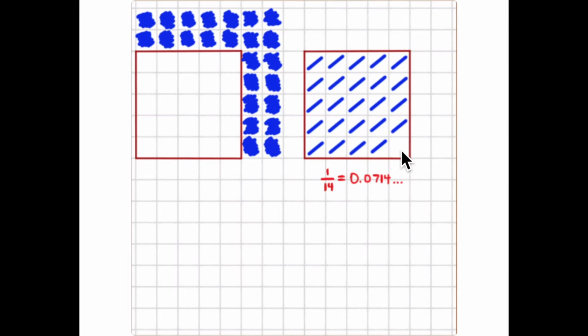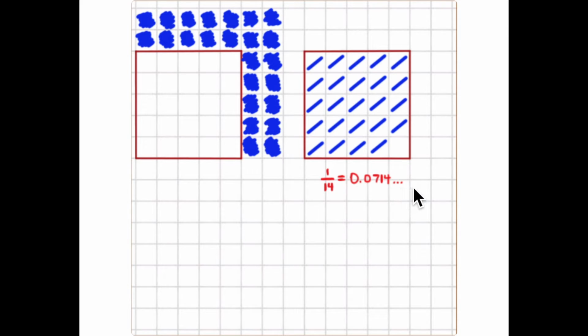So we're going to take that one small square and divide that among 14 squares. So this is 1, 2, 3, 4, 5, 6, 7. And up here at the top, 1, 2, 3, 4, 5, 6, 7. So each of these 14 squares is going to get 1/14 of this single square. And 1/14 is equal to